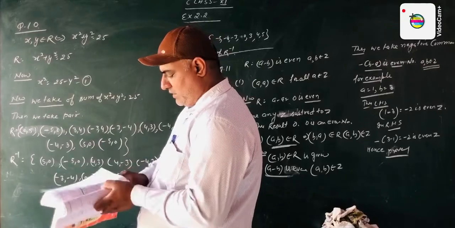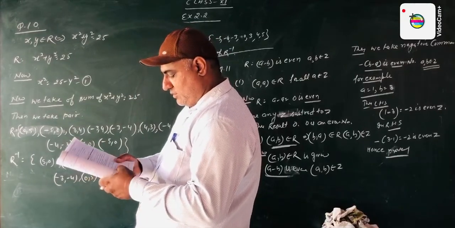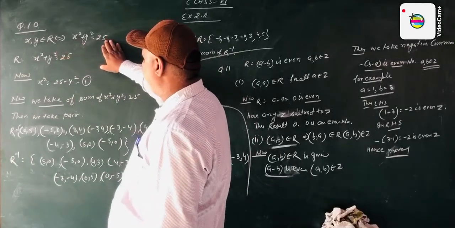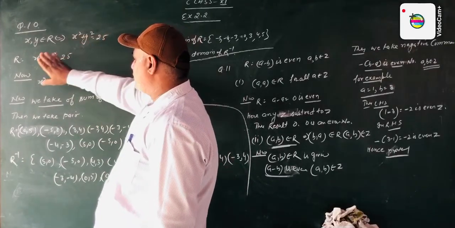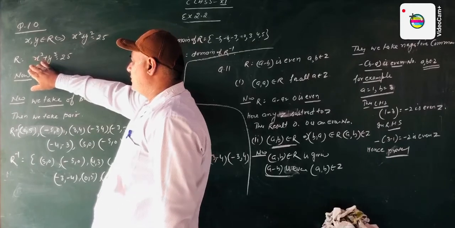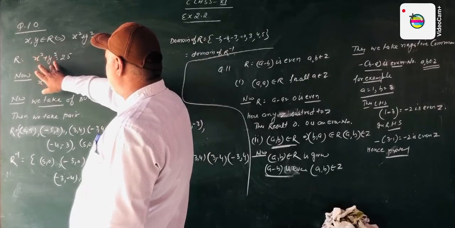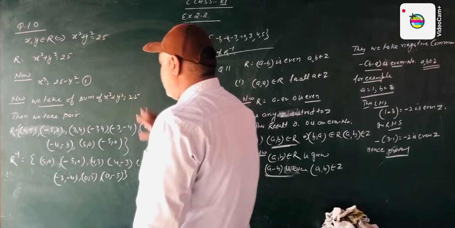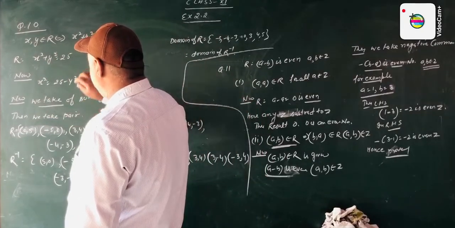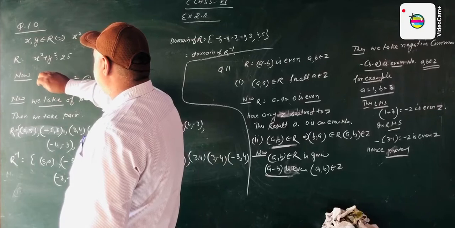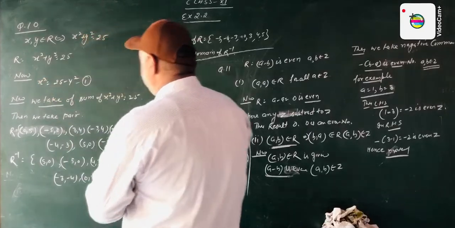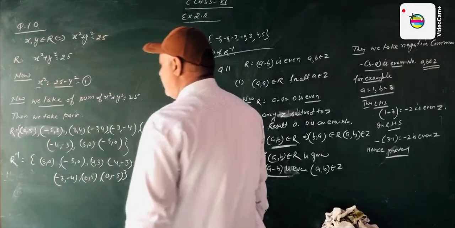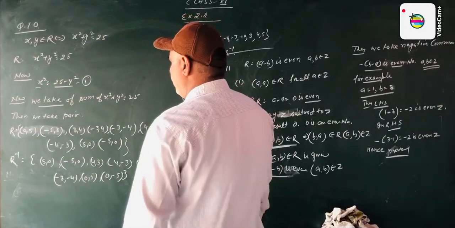In the set of integers, a is related to b, if it is given that R is the set of relations x square plus y square is equal to 25. It is the relation given: the sum of the square of x plus the square of y is equal to 25. So we take these values as ordered pairs. We take two values of these sums and find the values. Now this is the relation: x square is equal to 25 minus y square. Now we put in the value of y.